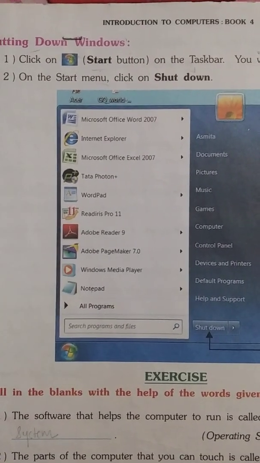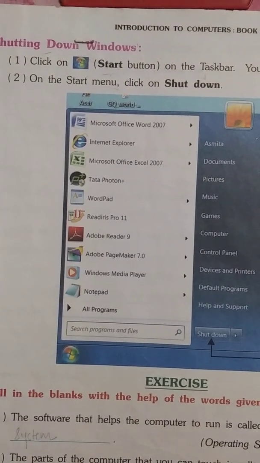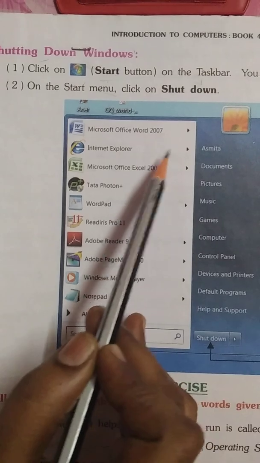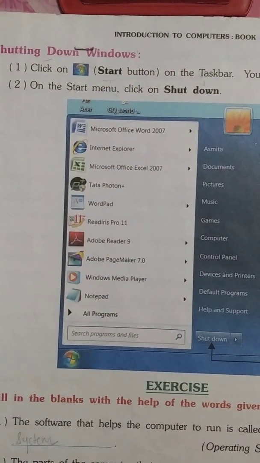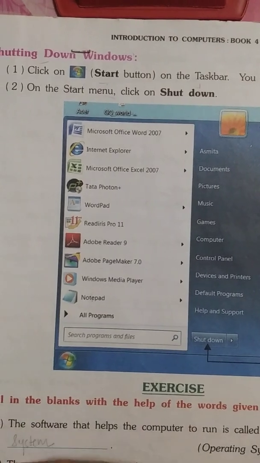When you click on the start, it will show the pop-up menu and submenu. When you click on this arrow, it will show another submenu, showing what programs are inside it. Okay, then the next is